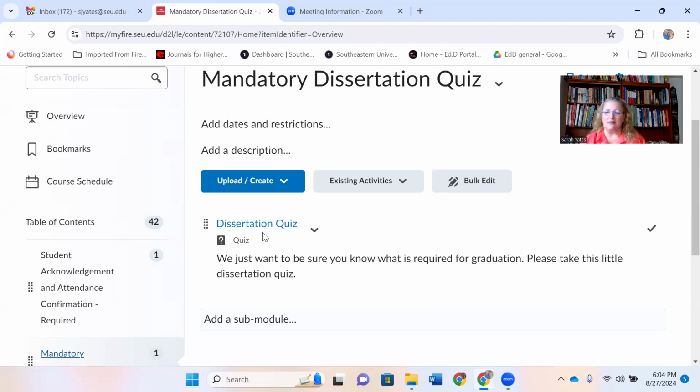There's also a question about the length of this course. It is 16 weeks, which is a little different because our doctoral courses have been 8 weeks for them throughout the program, but dissertation is different. It will last the full term, 16 weeks.